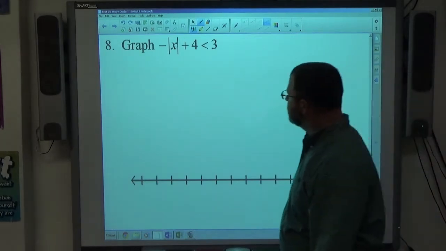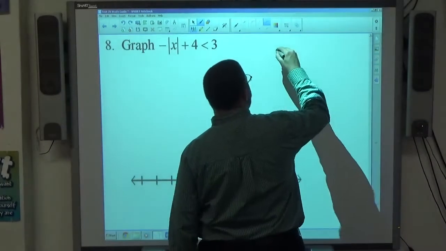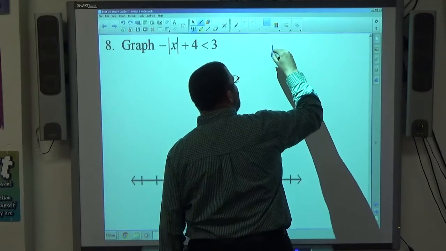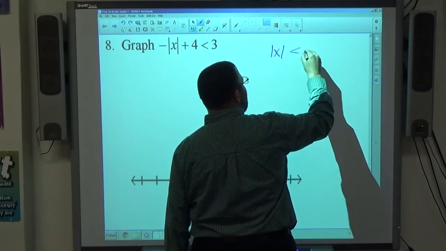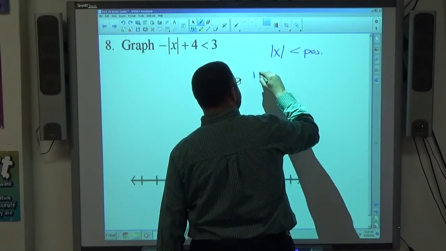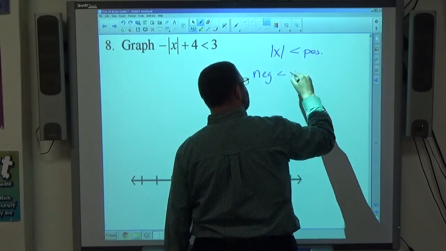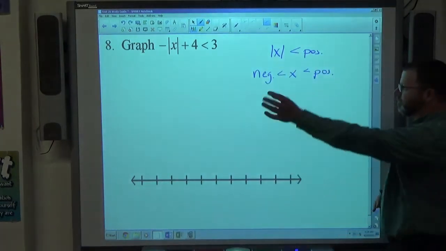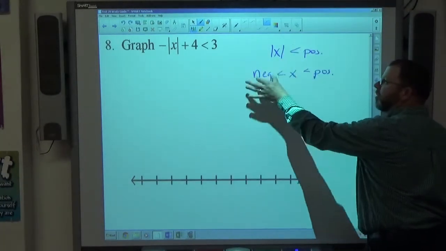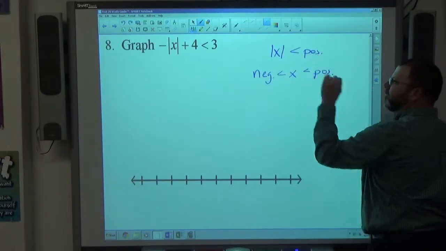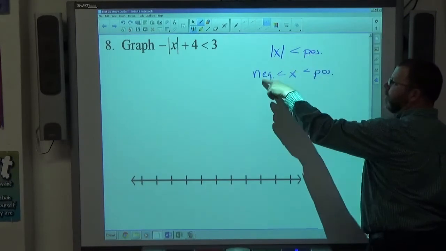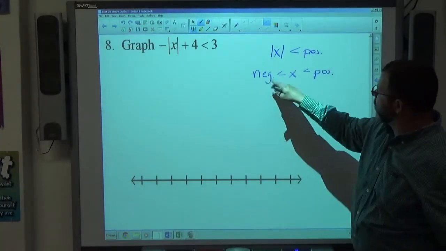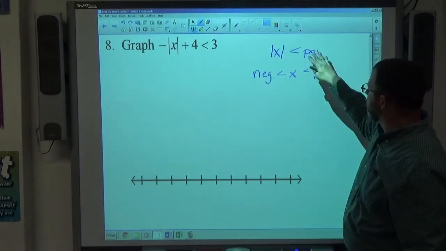Number 8. The two scenarios for absolute value inequalities. Scenario 1 is absolute value of x is less than a positive number. That creates a compound, or a conjunction. The negative version of that number, so it's less than 6, negative 6. Less than 10, negative 10. Less than 1, negative 1. All right? The negative version of the number, less than x, less than the positive version, so it's 10, 10,